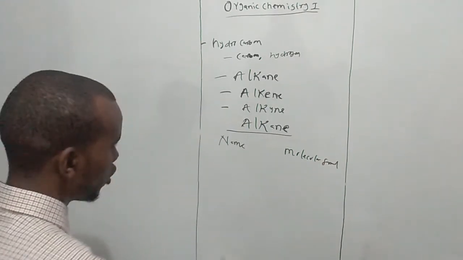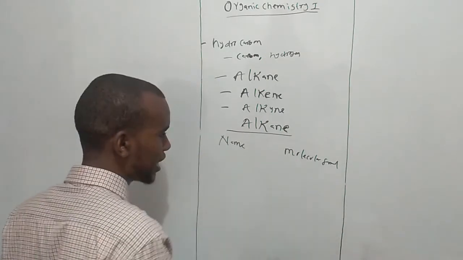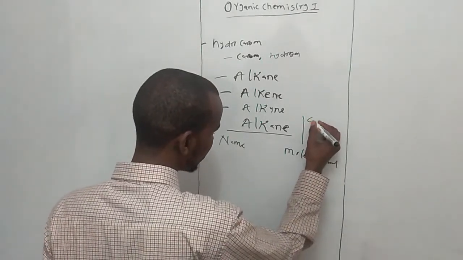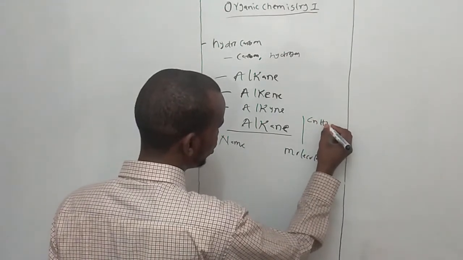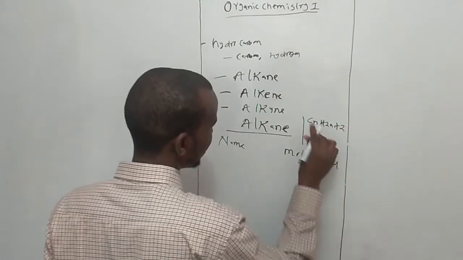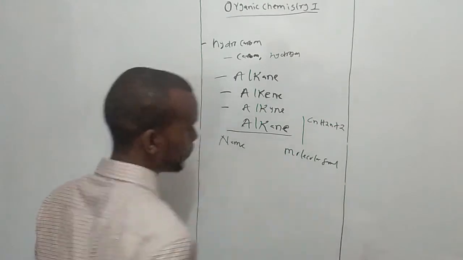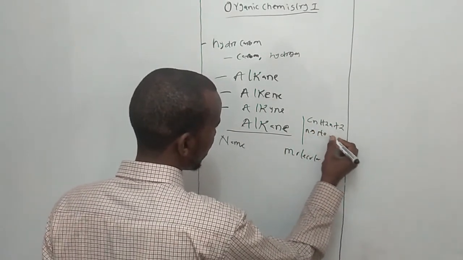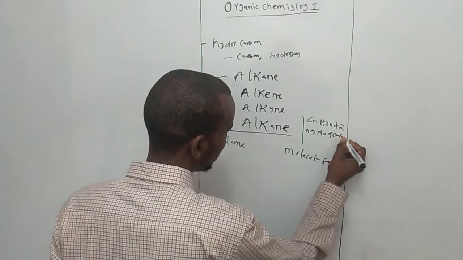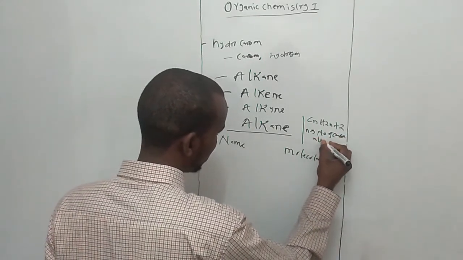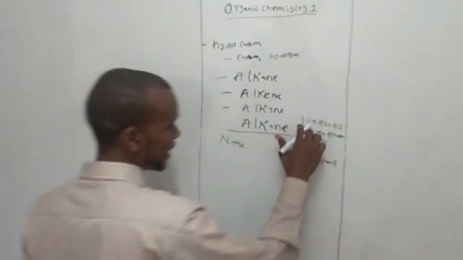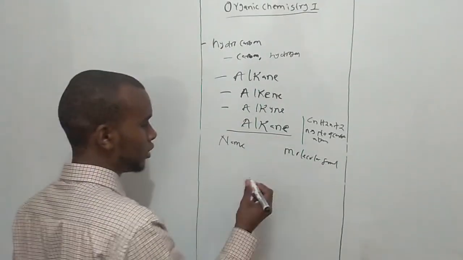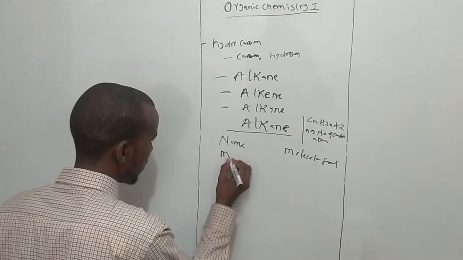Before that, we have to know the general formula for alkane. The general formula for alkane is CnH2n plus 2, where n is the number of carbon atoms. CnH2n plus 2. If, for example, our first case is methane